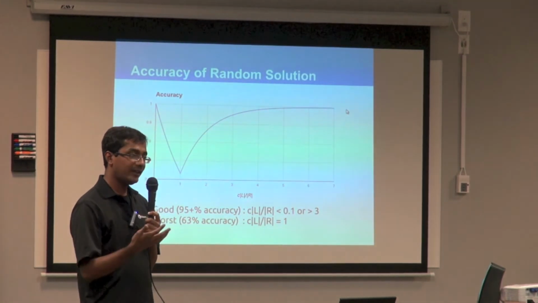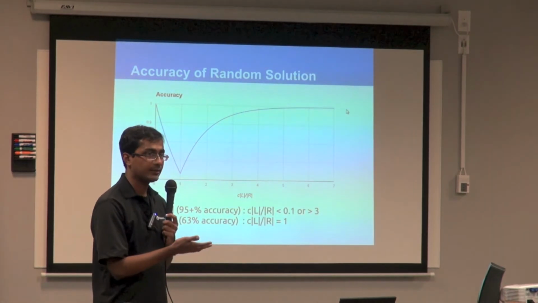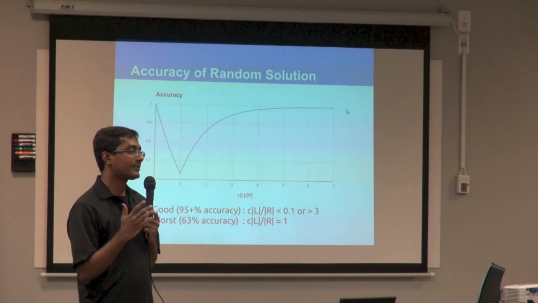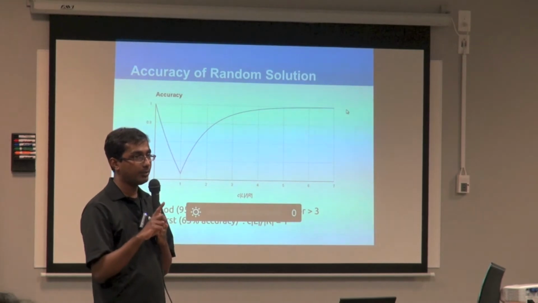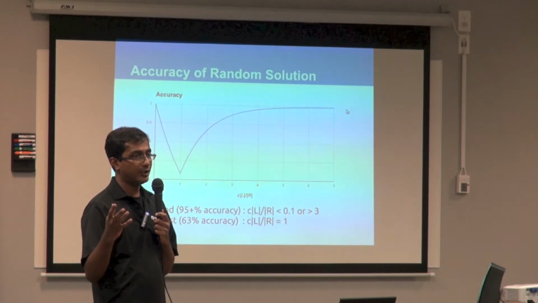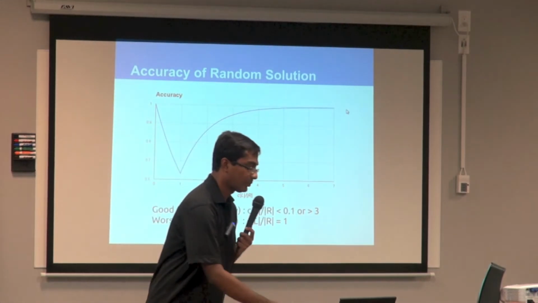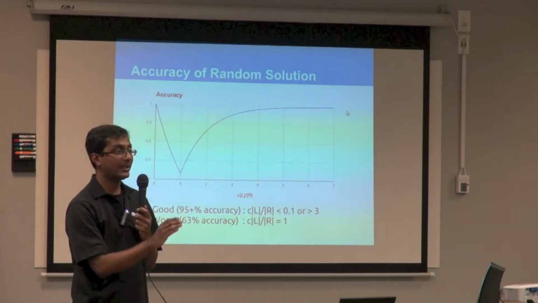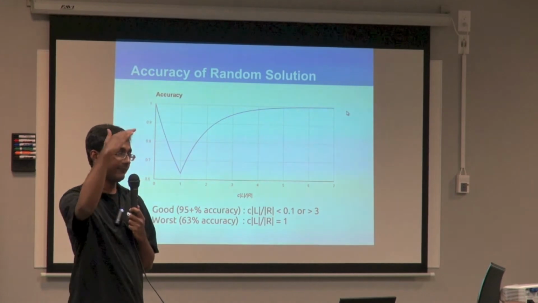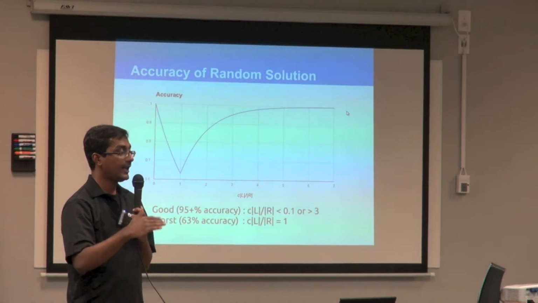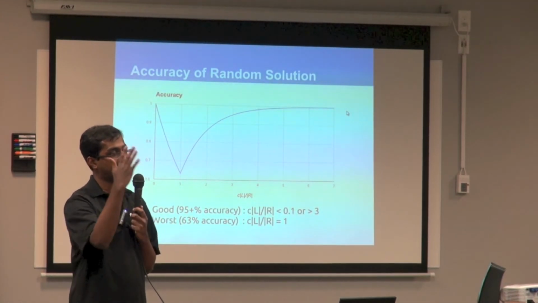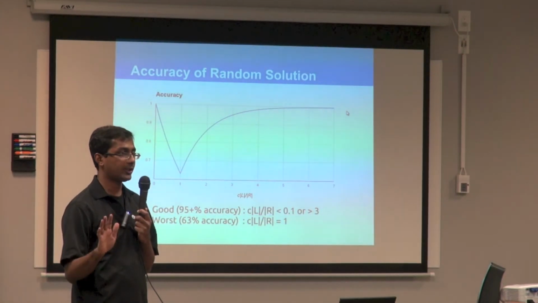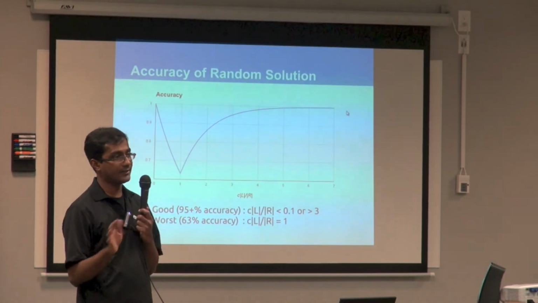Okay? Even with 3 recommendations, you're actually fine. It's only the case when you have 1 recommendation per video and you have 100 million videos to recommend. That's when you hit the bottom, which is about 63%. That's how it bottoms out. So when CL equals R, that's the worst possible thing. That's 63%. If CL is much greater than R, your left side is much greater than right side, you're totally fine. If your left side is much smaller than right side, it's totally fine.